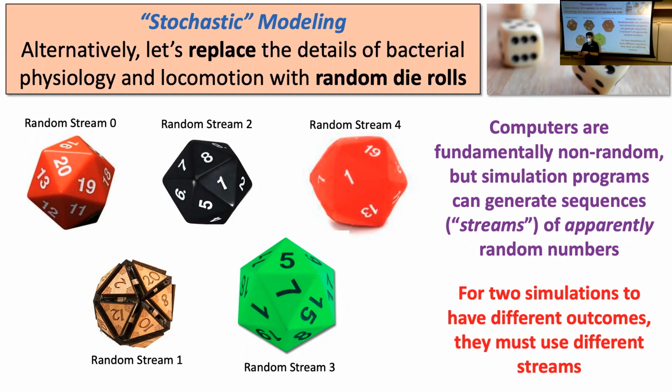And that's like, again, having different petri dishes on your table, so that if you get an outcome for this one that looks really interesting, you want to make sure that it's generalizable and not just a lucky case. So if you get that same outcome when you try random number stream 1, random number stream 2, et cetera, the same outcome across all 5 streams, you've probably uncovered an interesting property that's general to the system. If that property only shows up for one of these random number streams, it's just a lucky outcome.